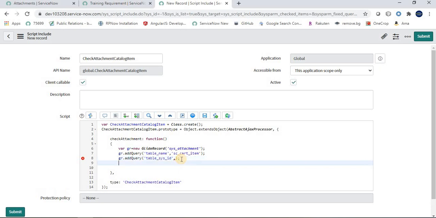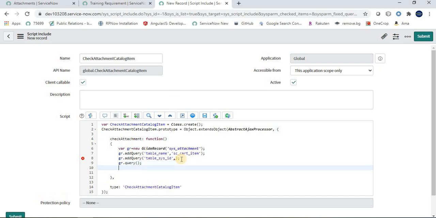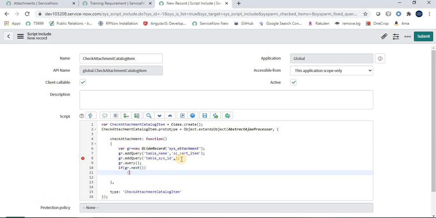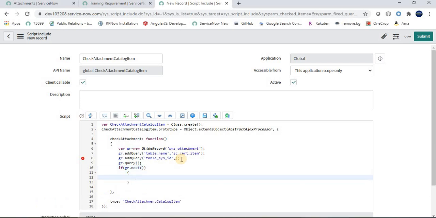Now the next thing is gr.query, right? Now we are done with the query. Now we have to say if gr.next, then what to do? Then return yes, which means we have an attachment.